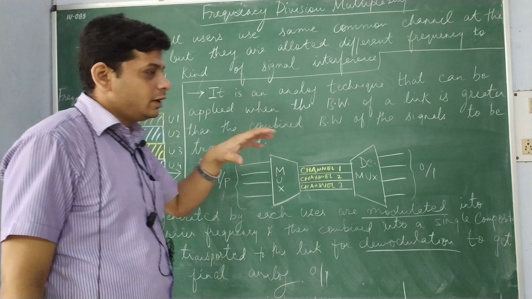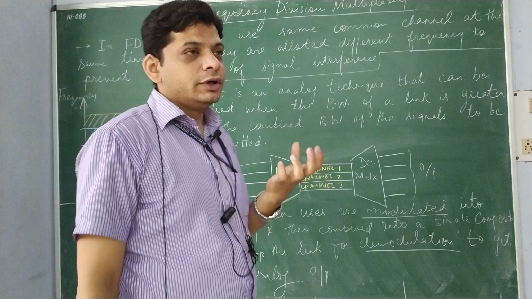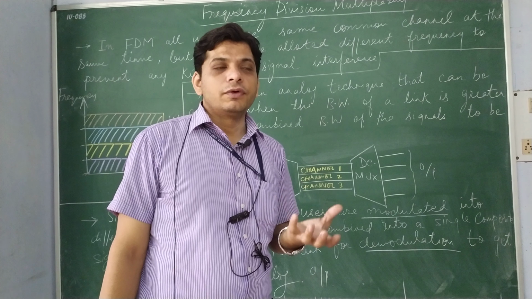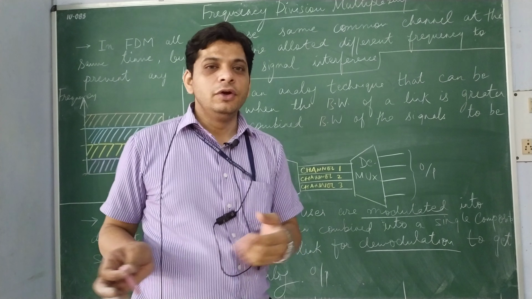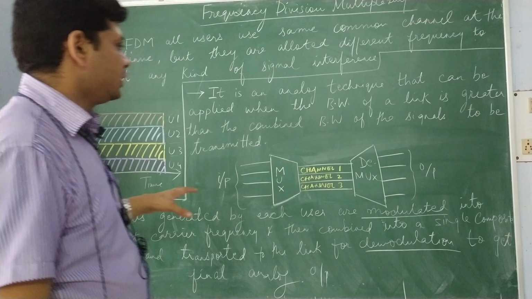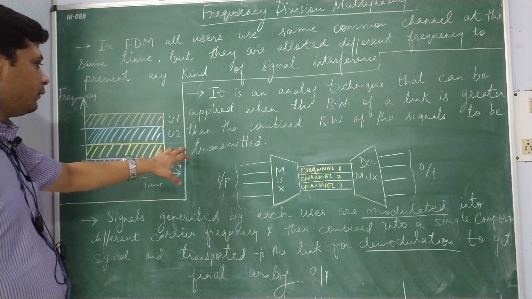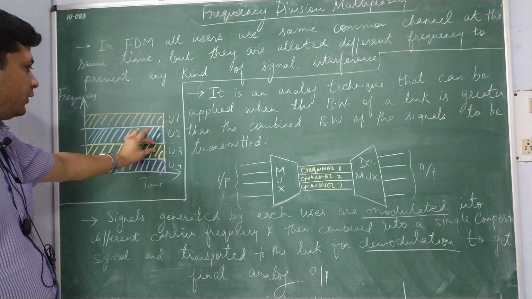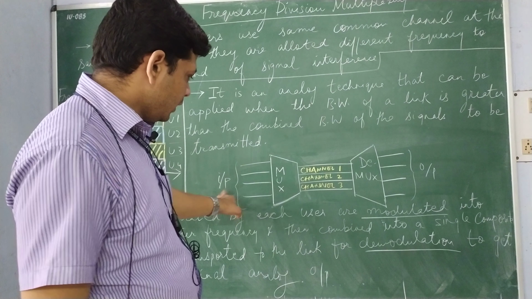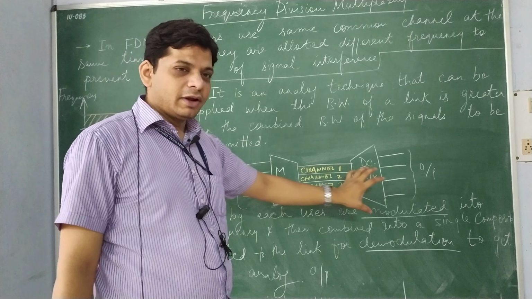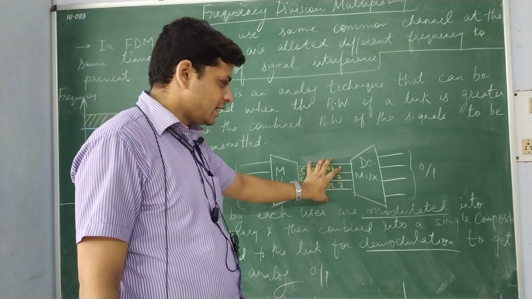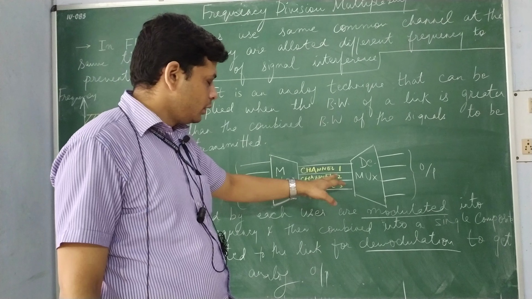So, it becomes very difficult to send different users over the channel which has low frequencies compared to the channel, right. So, in order to get proper communication between a transmitter and a receiver, we have to bifurcate frequencies among the users. Or you can say that we are having a process of multiplexing and demultiplexing over here also. After multiplexing, we are having a communicating channel consisting of different